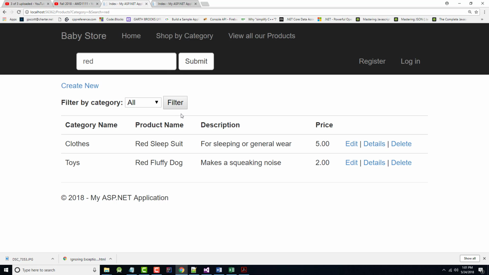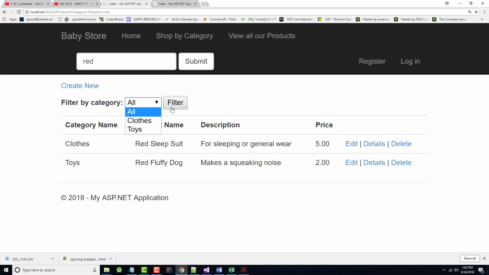The toys category, the author says, disappeared from the list of categories to filter by. So let's see if indeed that's the truth. So we've got all, click submit. Well, it didn't in mine. It says it's simple to correct this issue, but it highlights the need to build your queries in the correct order. In order to make this work the way that it should,